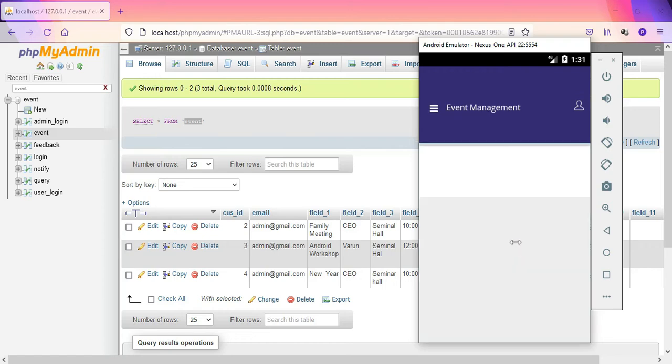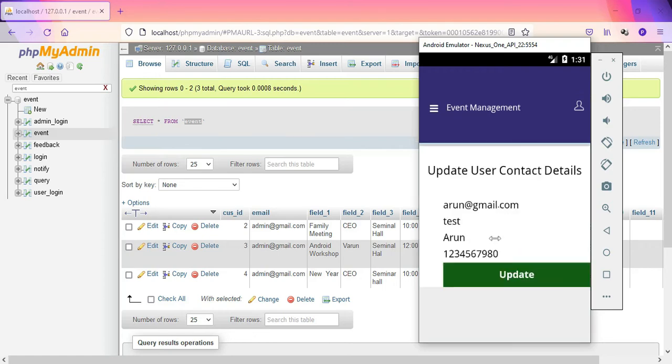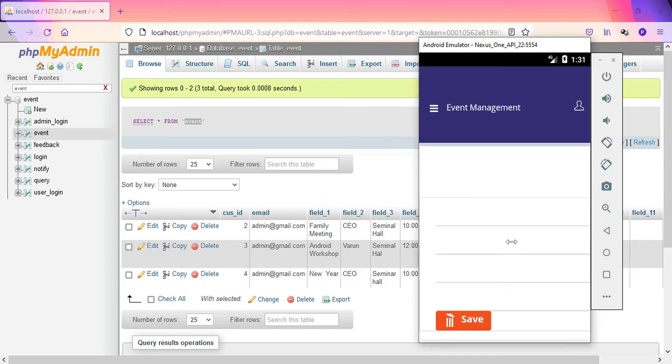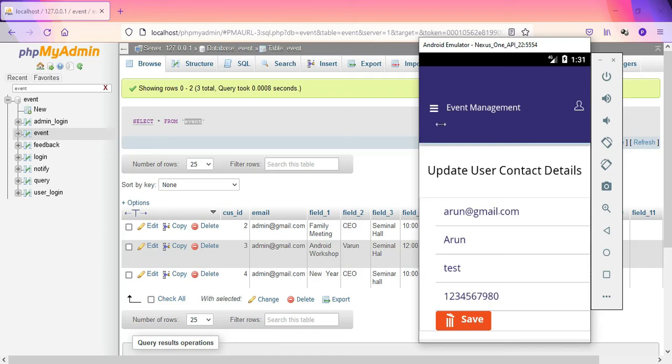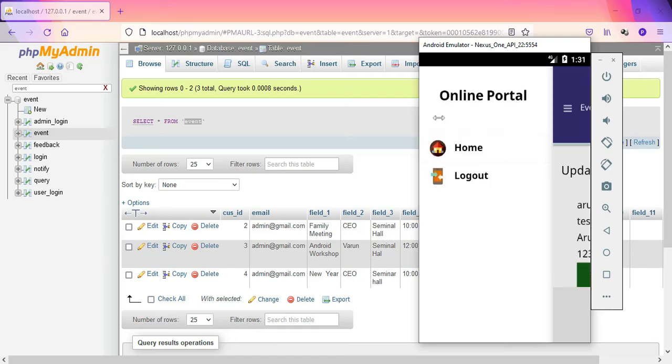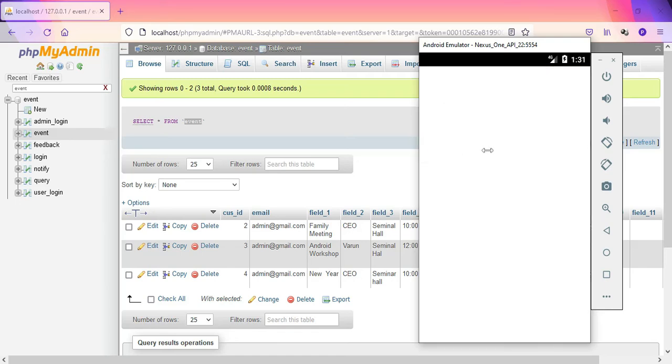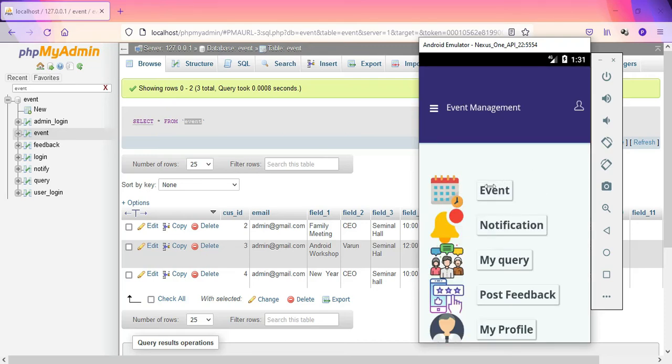They can change their email ID, reset their password, or change their mobile number. So they can manage their profile details.